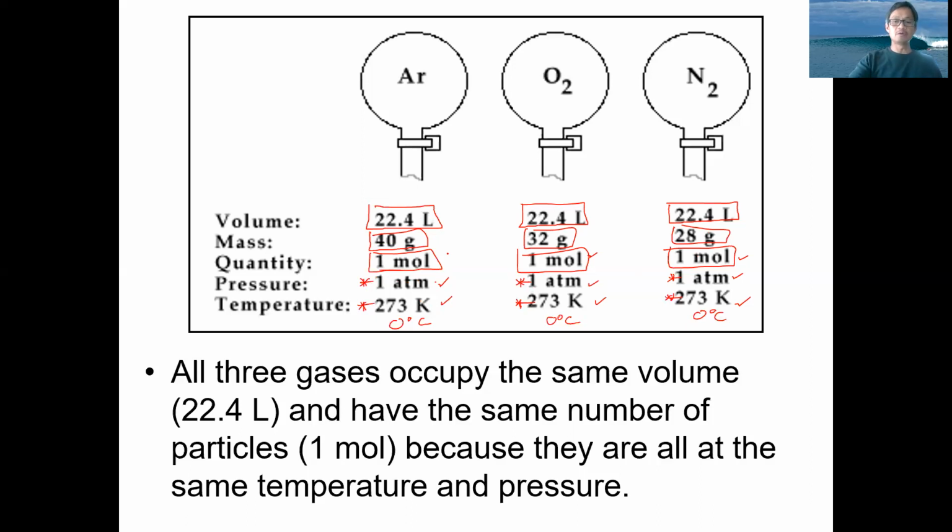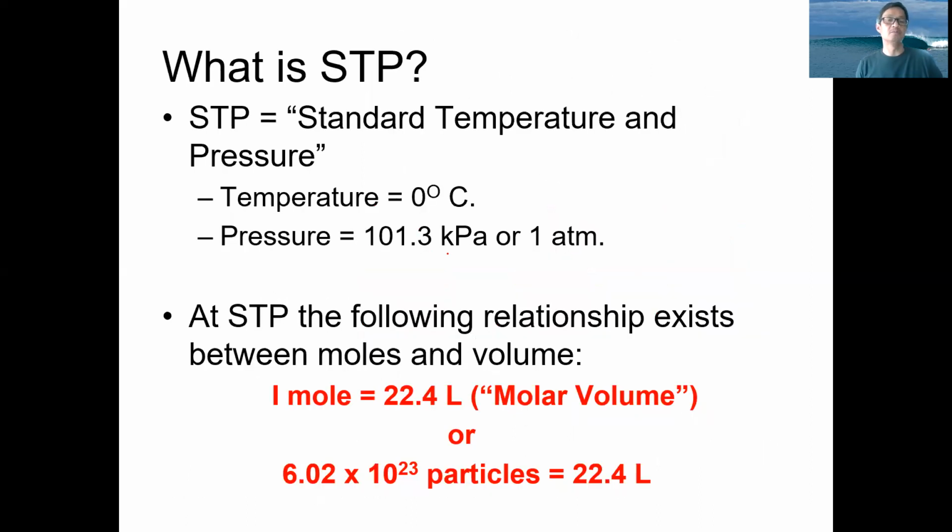And so that's what we refer to as standard temperature and pressure. Standard temperature and pressure is a temperature of 0 degrees Celsius and 1 atmosphere. 1 atmosphere is roughly the atmosphere we feel at sea level. 0 degrees Celsius is the freezing point of water. And so as long as the gases are at this temperature and at this pressure, 1 mole of